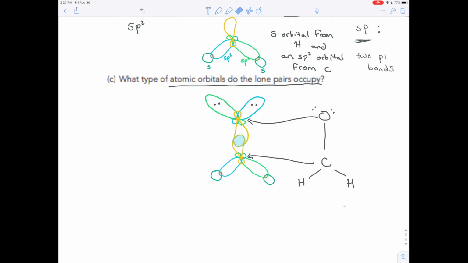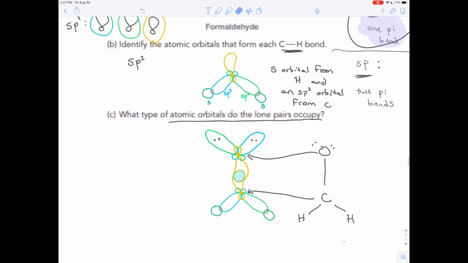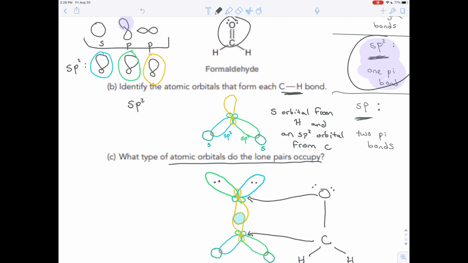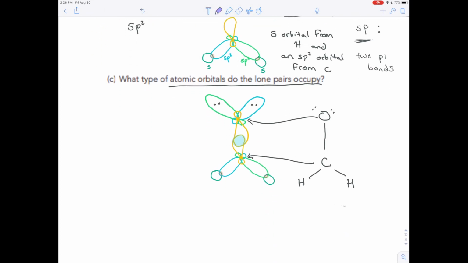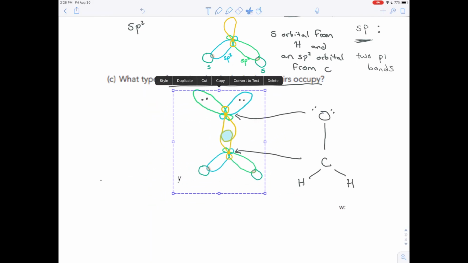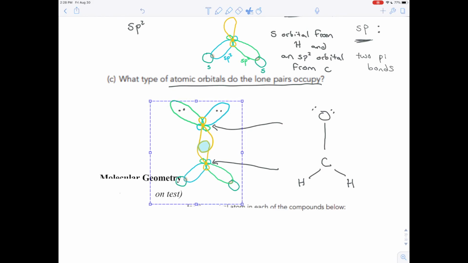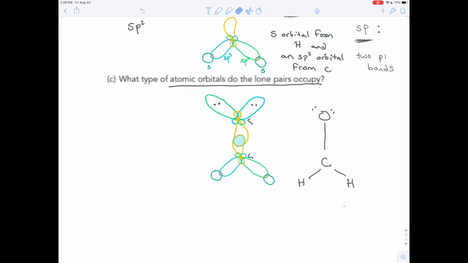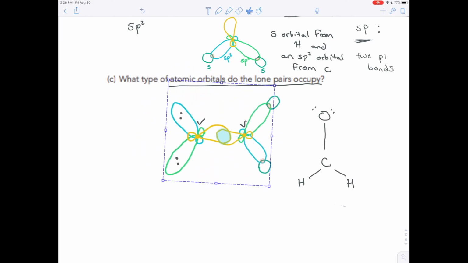Now, that would be the solution for that. Just for your own curiosity, you may be wondering, how about the pi bond? Okay, so we explained each of these sigma bonds. This is an s and an sp2 overlap, s and sp2 overlap. This is the overlap of an sp2 orbital on both oxygen and carbon. But how do you get this pi bond? Well, remember, you get pi bonds from the overlap of p orbitals. So if we take this and we look at it from the side,